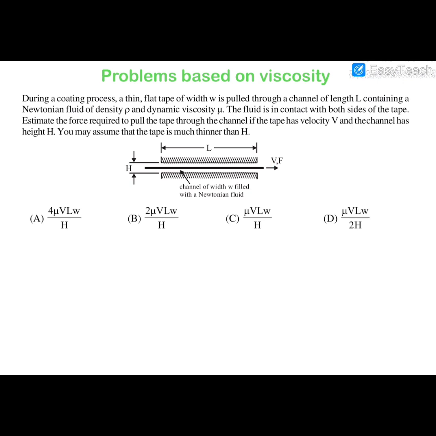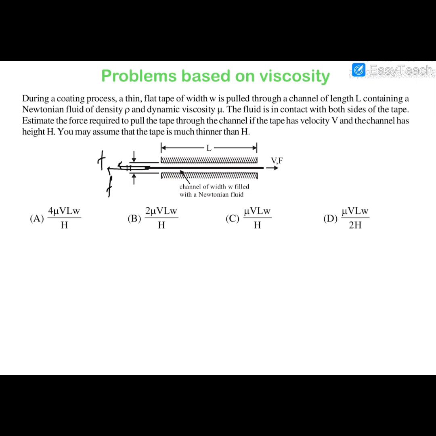The gap of the channel is h, and we have to assume that the thickness of the tape is negligible as compared to h. So we have to find out the force required to pull this tape so that it moves with a constant velocity. So we can see obviously that this liquid will be applying viscous force on both of the sides of